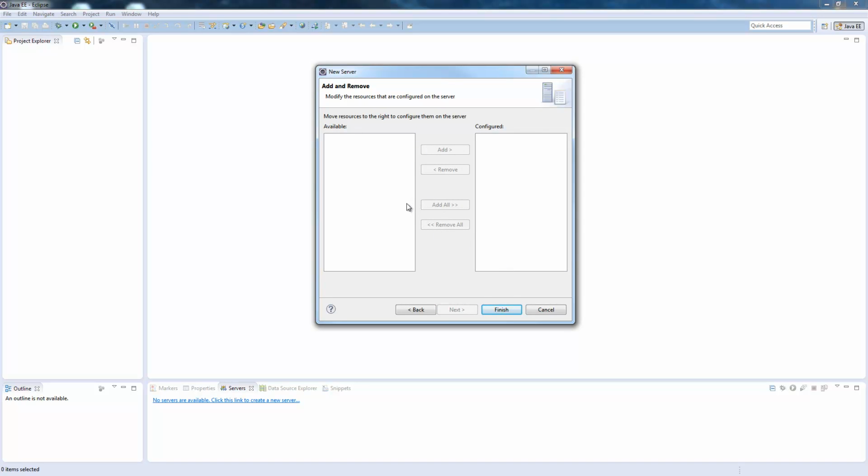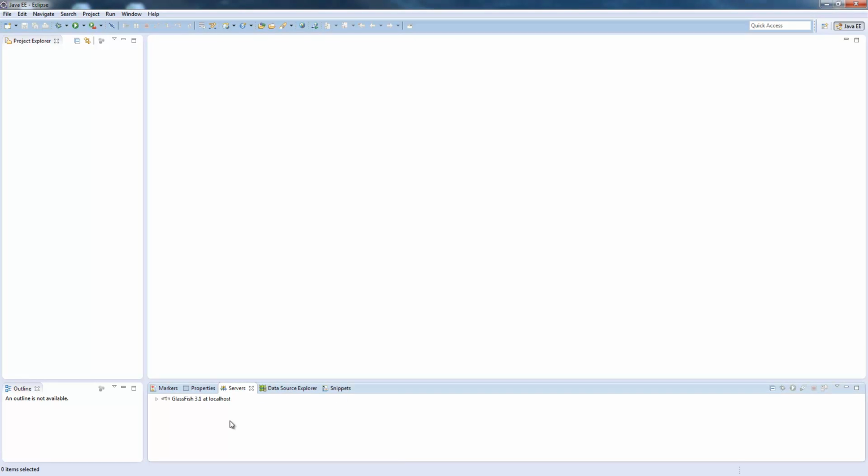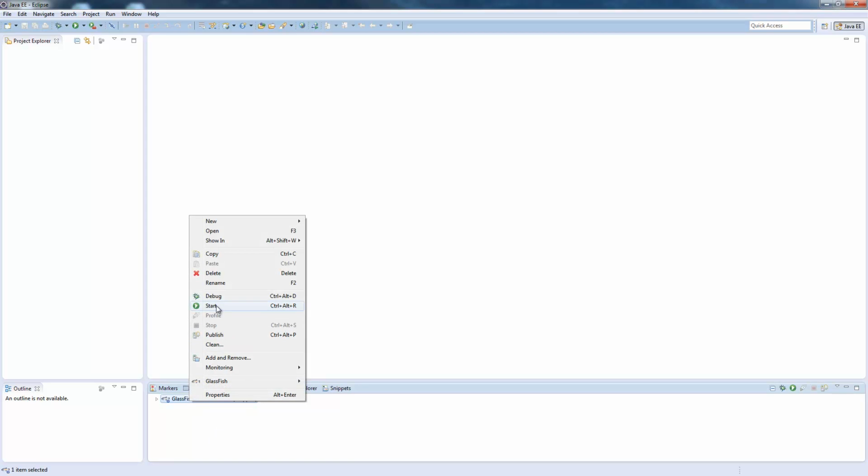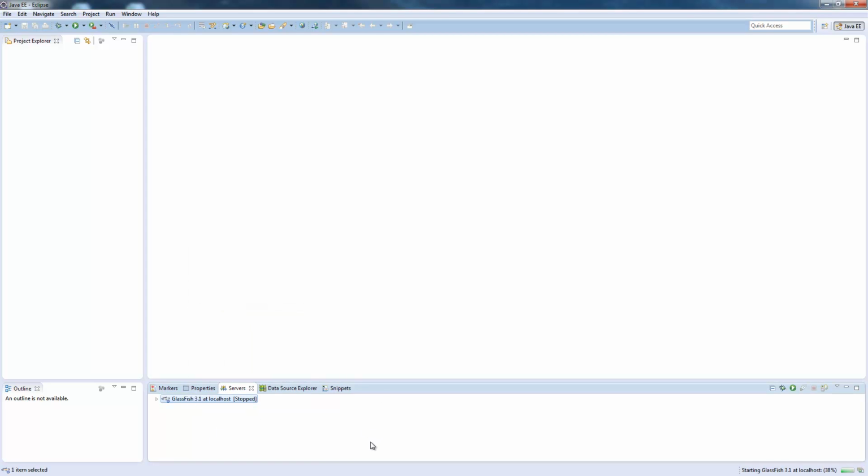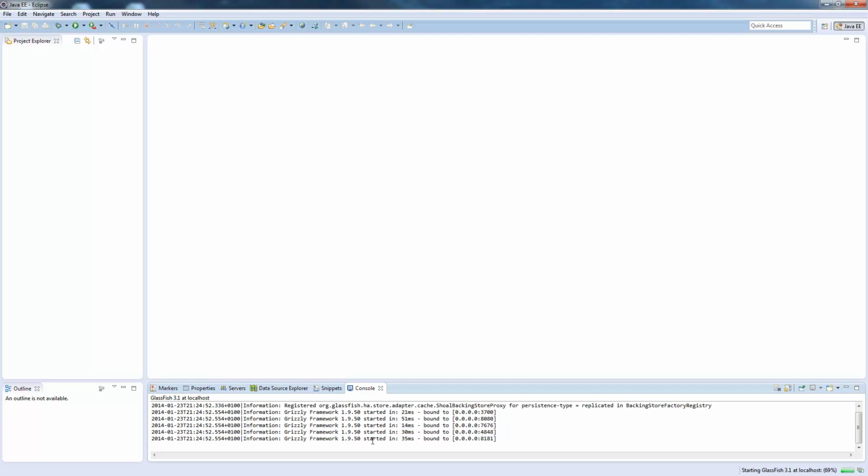This is the next screen where we could already add applications which are in our workspace, but my workspace is empty, so there are no applications. I press finish, and now the server is down here in my list. It's stopped for now. I will start it by right clicking and selecting start. If you want to see the output of the server, I guess it's shown right now. Yes, here you see the log files from the server,